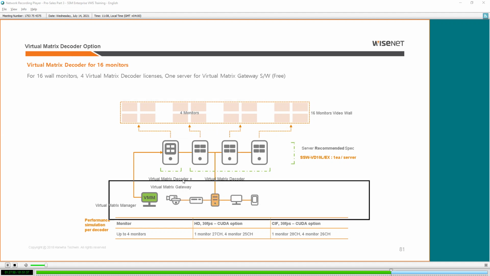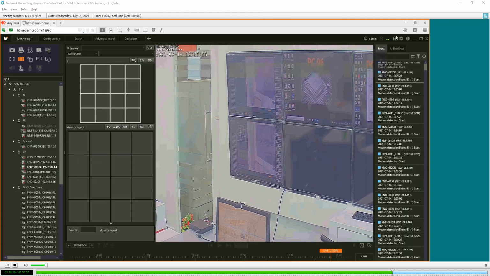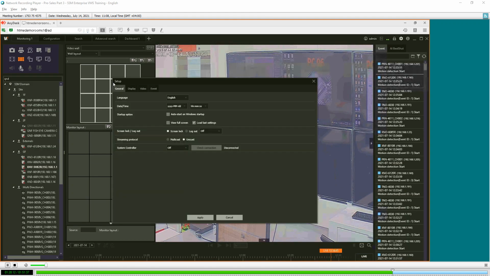Okay, so here I have 4 PCs to be remotely controlled. So I need 4 decoder licenses. Okay, maximum per PC 4 monitors. Always remember this. And one of the ways to remember that is, in the software you have a pop-up function.